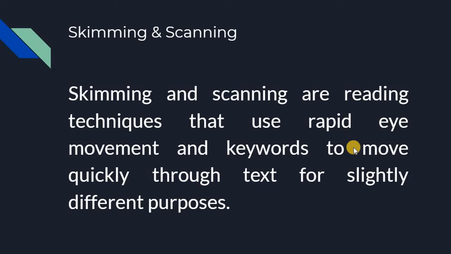Skimming and scanning are ways of reading implemented in speed reading. That is, when you are reading a text in a quick manner, you implement skimming and scanning, and it happens through rapid eye movements. Your eyes are constantly looking out for keywords in both skimming as well as scanning, but their purpose is different. Now let's take a look at skimming as well as scanning, and let's differentiate them.